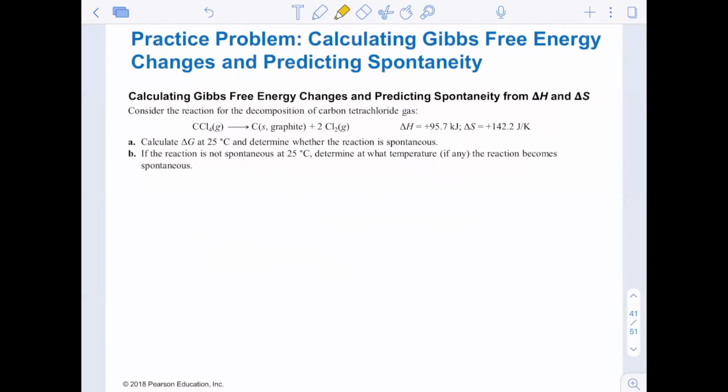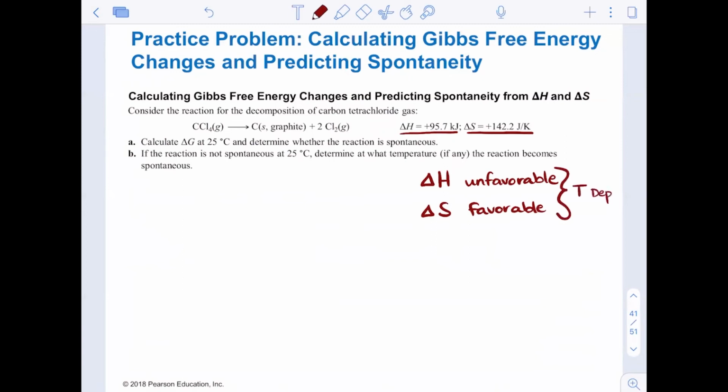Now, let's go ahead and practice calculating these, okay? This is a good one to utilize because if we look at the delta H and the delta S, this is a temperature-dependent reaction. Why? Delta H for this reaction is positive. Delta S of the reaction is also positive. Delta H is unfavorable. It's endothermic. Delta S is favorable. It's positive. Entropy is increasing. Temperature dependent. All right. Let's calculate delta G at 25 degrees Celsius and see whether the reaction is spontaneous or